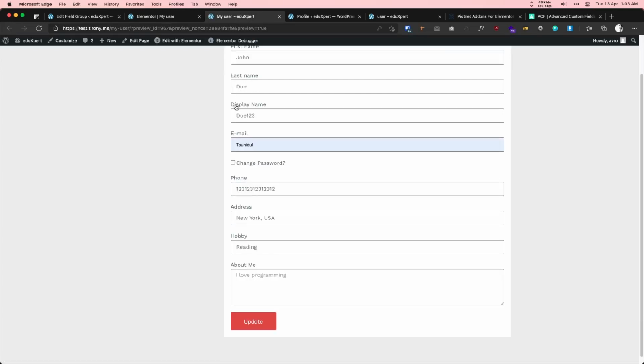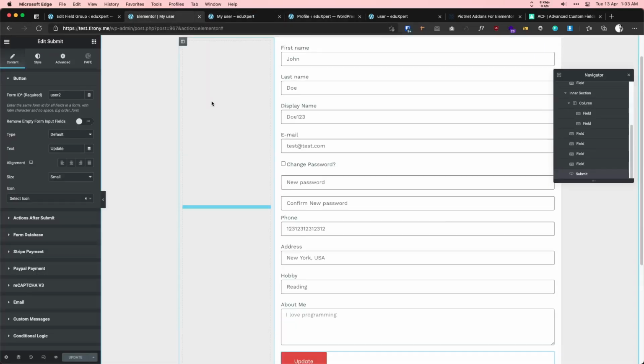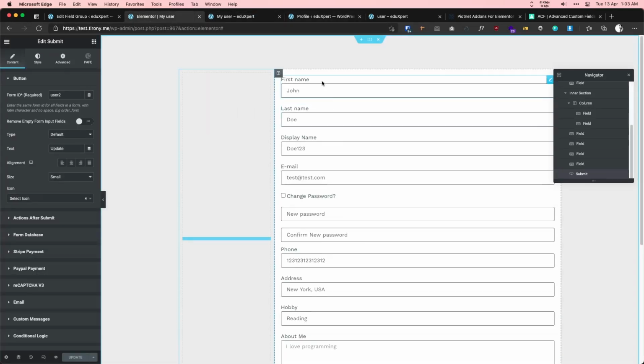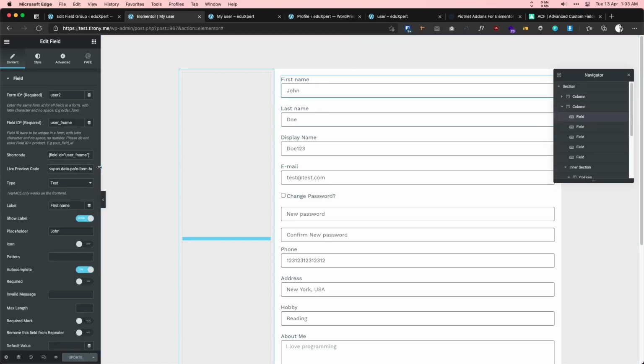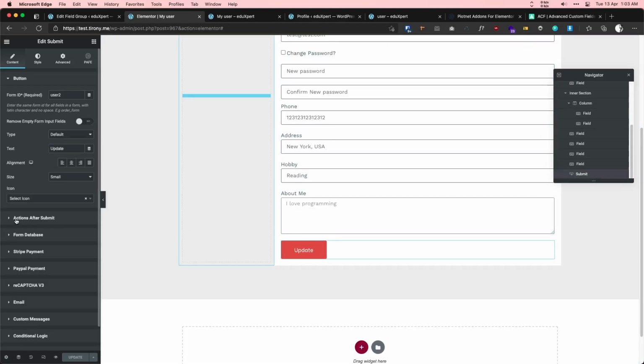Perfect. Now we have to link these fields to our profile. By default, if we click our update button, it won't do anything other than sending emails. We don't need to send emails, so we need to update the profile page with our fields. We need to link all of them with our WordPress profile. So how can we do that? That is very easy. First of all, click this first name, copy the shortcode for our field, and go to our submit button and click